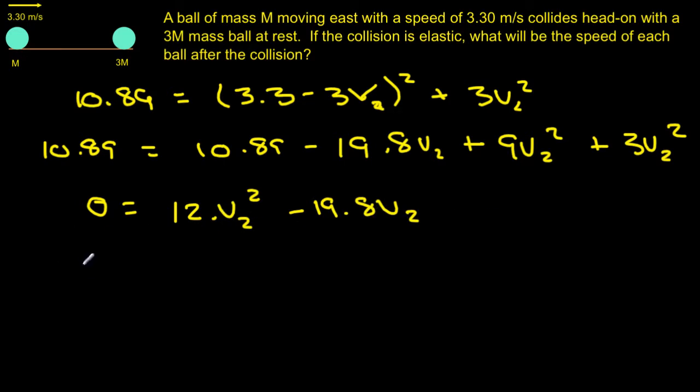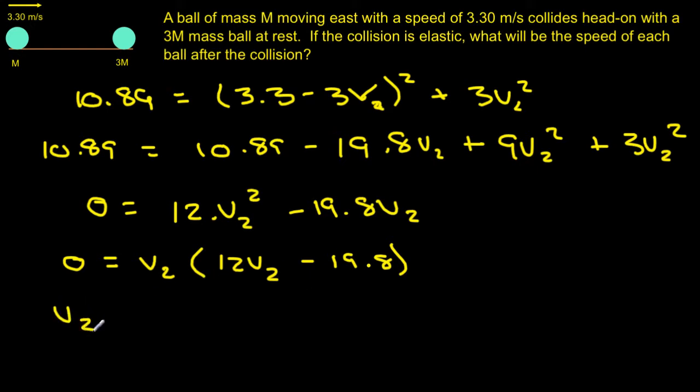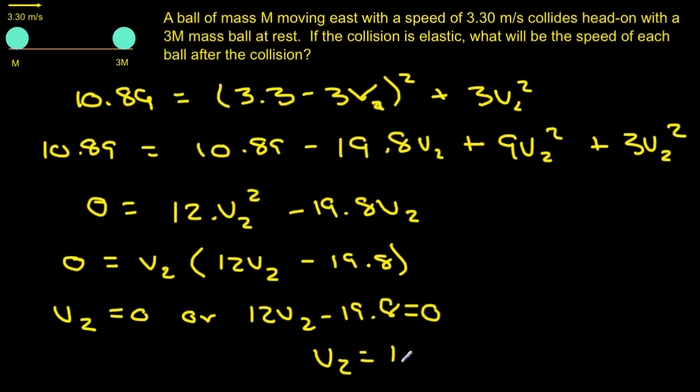So we can factor that, or we could use the quadratic equation, or we could graph it to solve for v2. We'll factor here. 0 equals v2 times 12 v2 minus 19.8. So since it equals 0, either of these two factors can be 0. So v2 can equal 0, or 12 v2 minus 19.8 can equal 0. In this case, that means v2 will equal 1.65